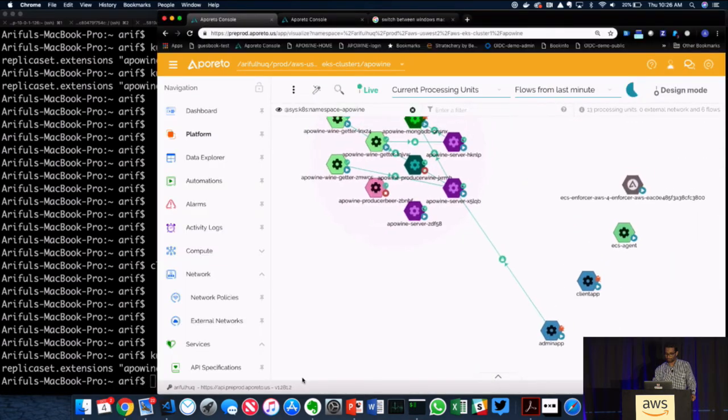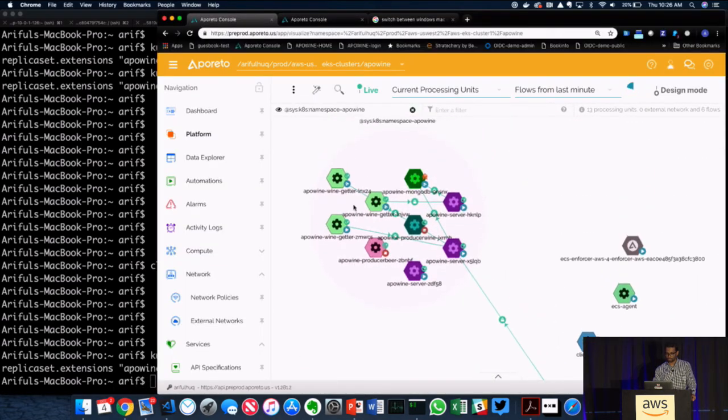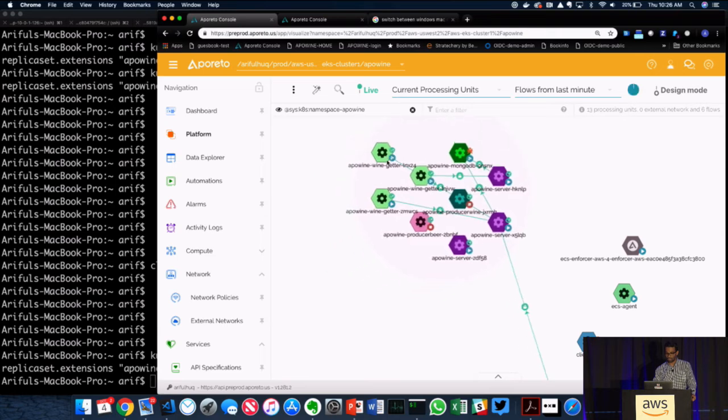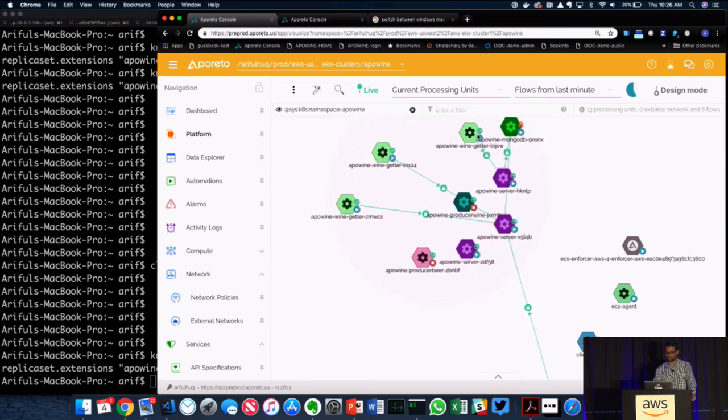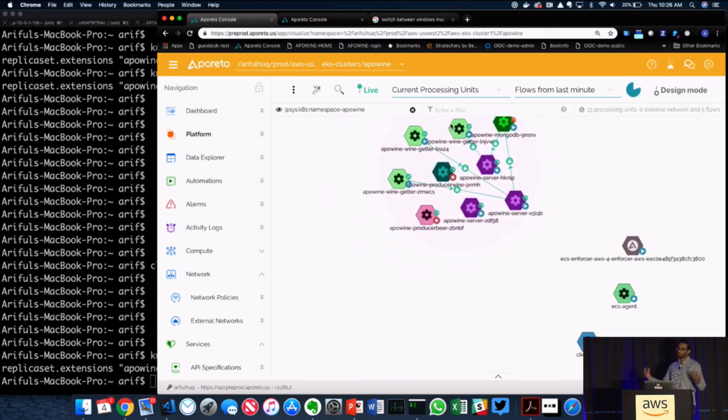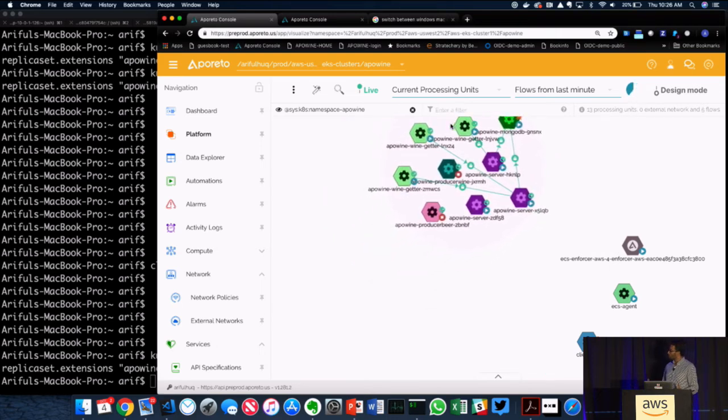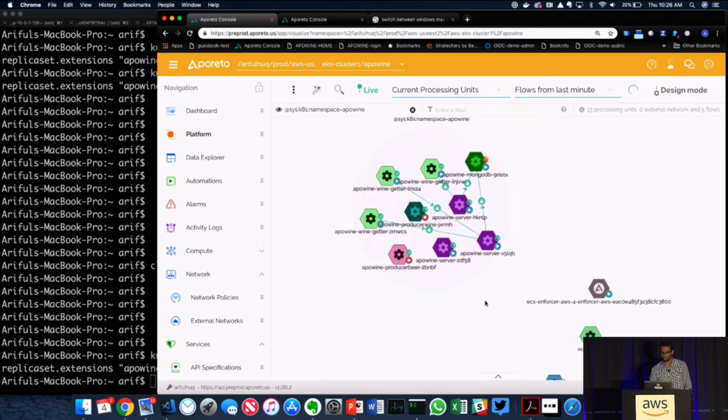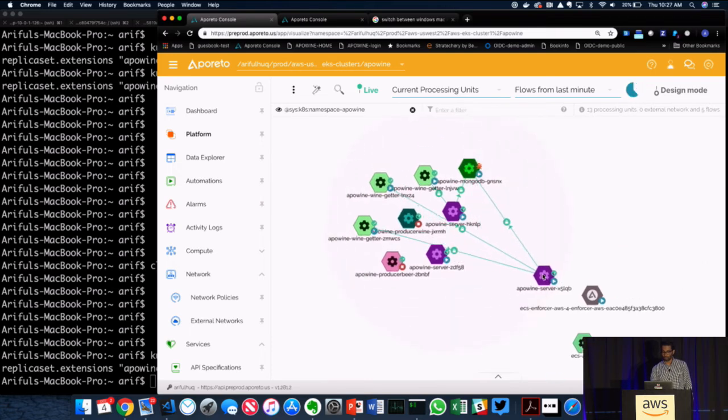So what you'll see happen here is I just launched a bunch of new containers. I didn't have to go in and change any policies. I didn't have to go touch my security groups. I didn't have to go touch my north-south firewall to allow these policies. And all of a sudden, I have the ability to access my workloads, right?